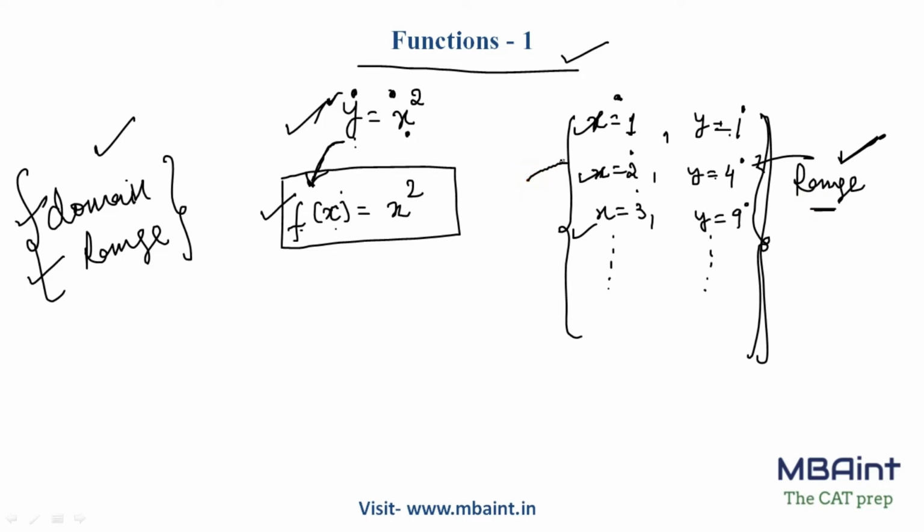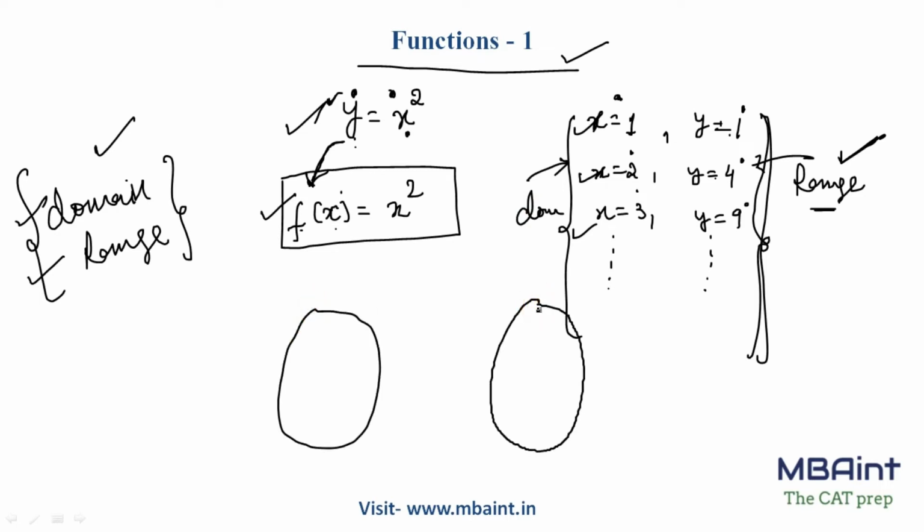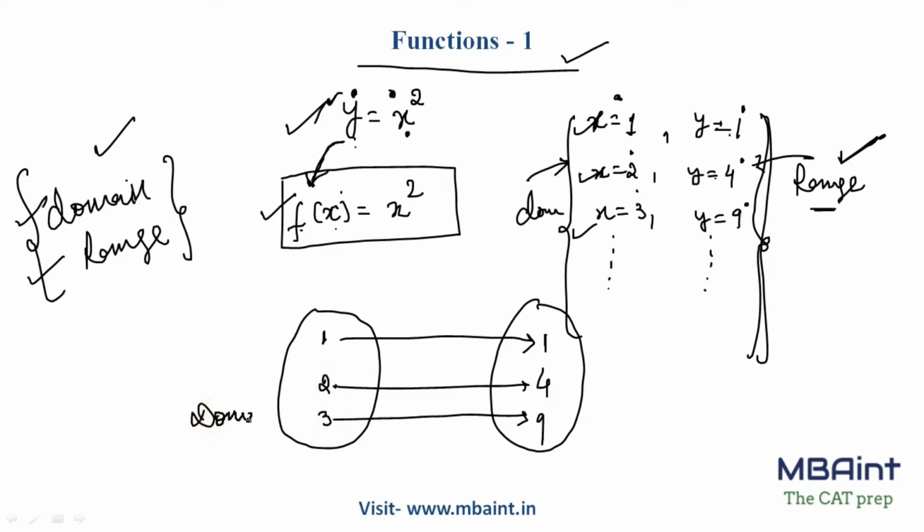All the values which you make input is, we call it as domain, right? I'm sure all of you might have studied this, right, in your school. So if I just look into this, so here my domain is going to be 1, 2, and 3, and the respective range is going to be 1, 4, and 9. So if I put 1, I'm getting the range is 1. If I put 2, again I get range as 4. So this is nothing but your domain part. This is nothing but your range, right?